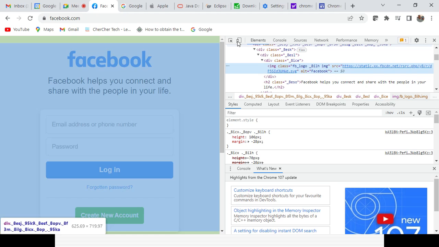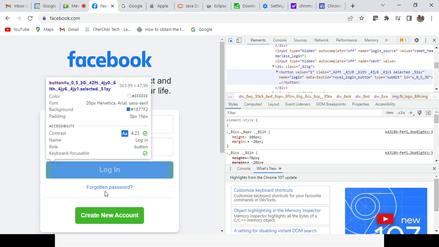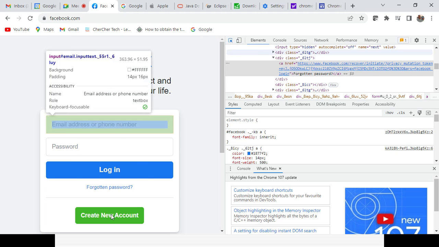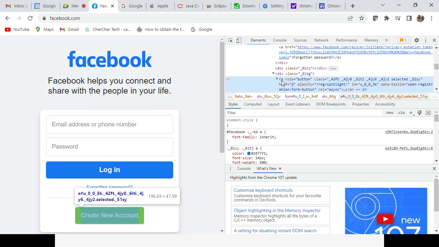Similarly, for a link or hyperlink, the tag name will be the a anchor tag. It is a tag name, right? Div is for the division, right? For the button, sometimes it will come as the input tag, type equal to button. You could see an a anchor tag, but role equal to button. Similarly, for the table, it will be table, td for table data, th for table header, tr for table row, like that, right? For a frame, it will start with iframe. So that way, from the tag itself, you can get to know what the element is all about, right?